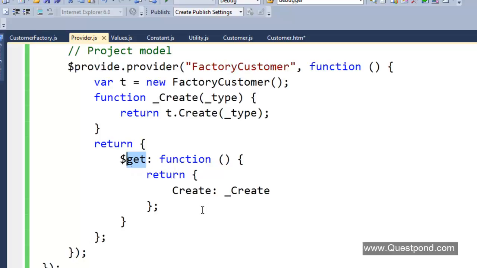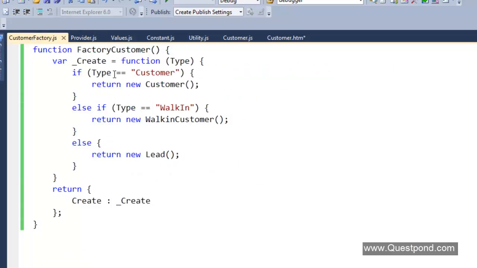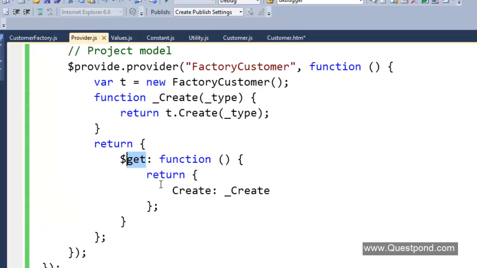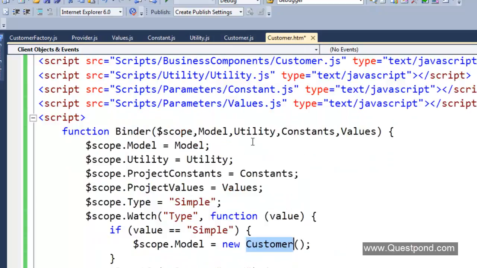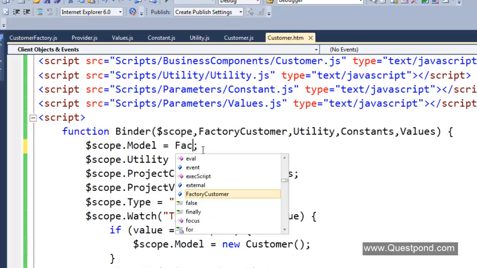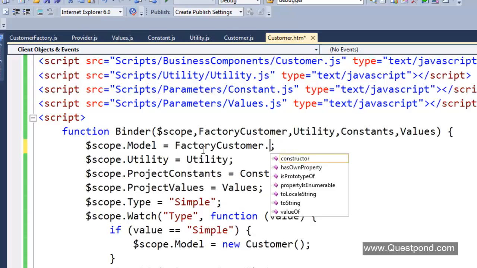This $get function is exposing the create of this factory outside, right? So basically this whole thing will get injected into this model over here. So we have this model here. That means this is not a model directly, not the object directly, it is a factory of customer. Okay, so over here I will say take the factory of customer and create